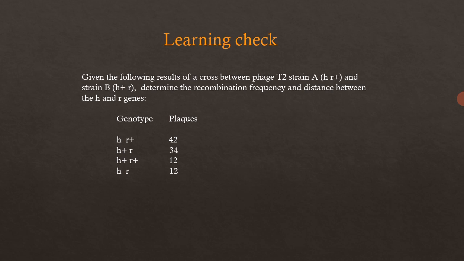Remember, if the recombinant frequency is very large, then your genes are present at a long distance from each other. And if the recombination frequency is very small, then your genes are present very close to each other. So by that you can also predict the timing. Larger frequency, it will take larger time to recombine, right? Smaller frequency, it will take smaller time for recombination. Smaller distance, right? You can solve this example. This is very important and it is very easy.